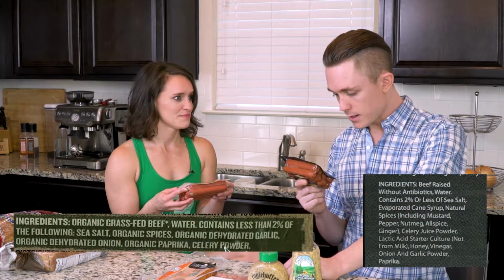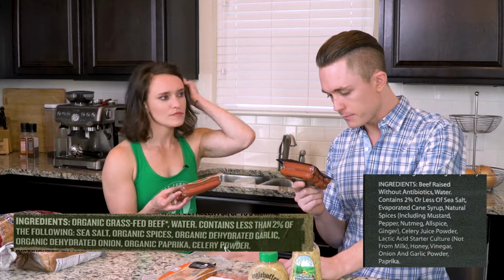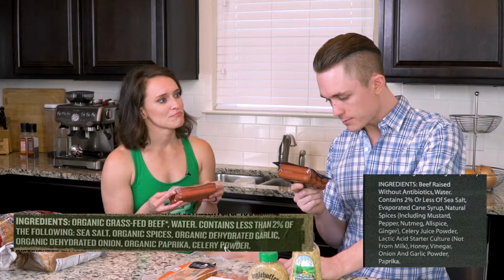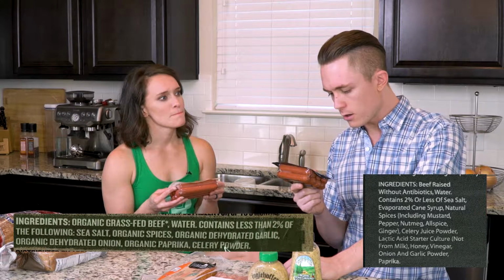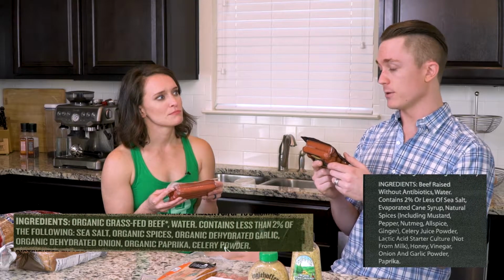Yes, there is. After beef raised without antibiotics, there's evaporated cane sugar, nutmeg, allspice, celery juice. That's actually not bad. Lactic acid, starter culture, honey, vinegar, onion and garlic powder, paprika. Okay, so it looks like the cane sugar is the only...